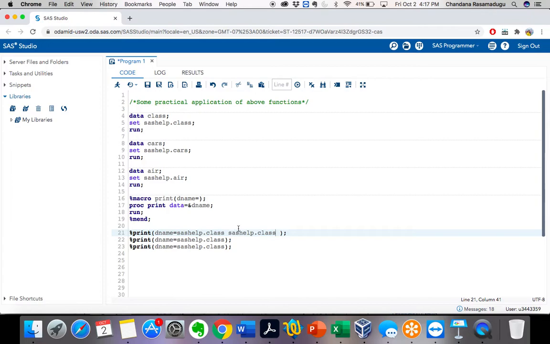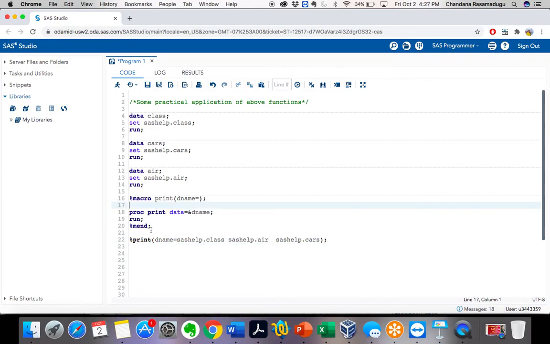My intention is I want to print all three data sets at a time, like this.